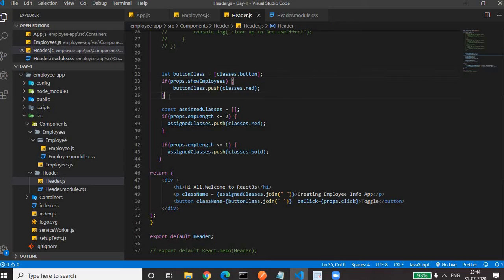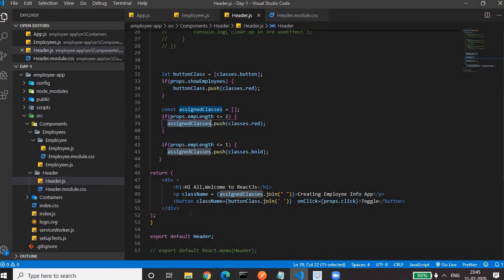All this kind of stuff I already covered in my day 5 videos, so please go through that. Then we have an array. This is also the code that we wrote on day 5 in the app.js file. I moved that code from there to here because this is the code that we need in our return statement, because here also we are creating an array in which we are dynamically adding the classes on the basis of some conditions, on the basis of the number of employees.